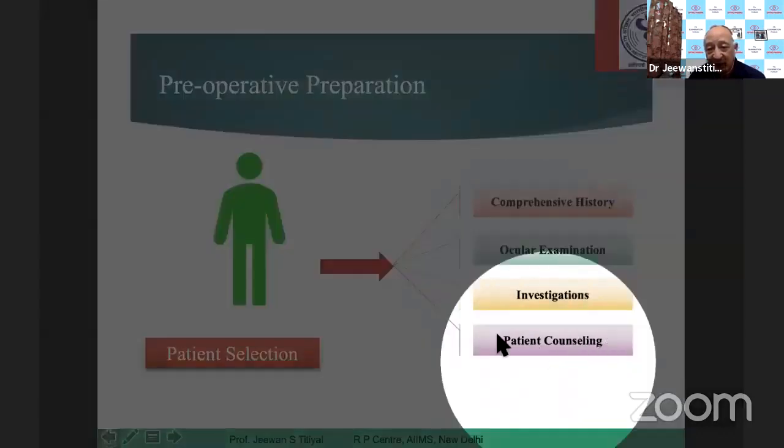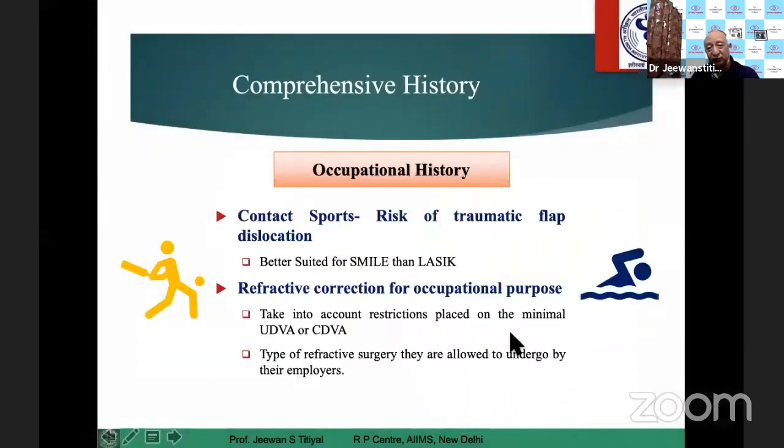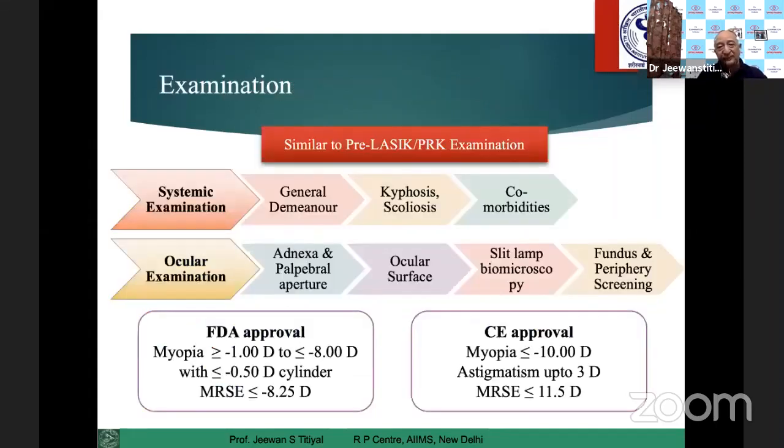The last one is very important, the patient counseling. In fact, for any refractive procedure, it may be PRK or LASIK or SMILE or any other type of surgery, we need to do a very comprehensive workup, and the counseling of these patients is very important. Any patient who has a high risk for physical contact sports or trauma, like people working in armed forces or police, might take up the procedure which gives the most safety, like SMILE, where we do not make a flap. Flap related surgeries will have a higher chance of contact dislodgement of a flap in these cases.